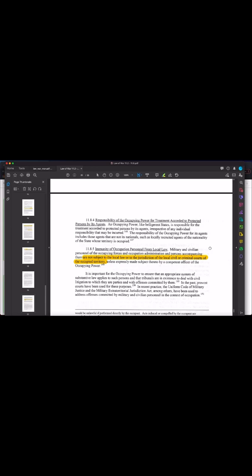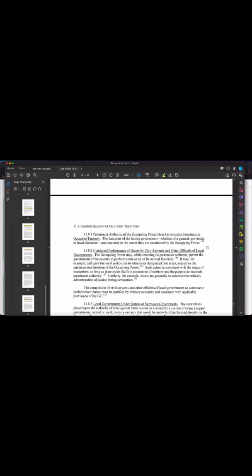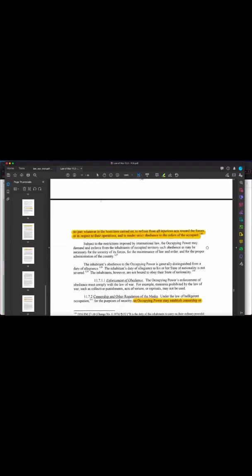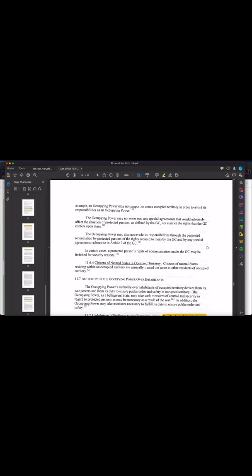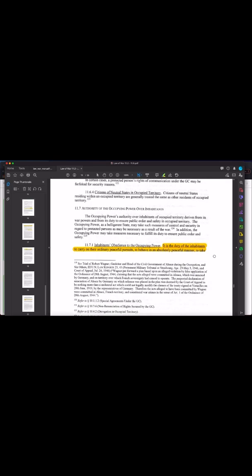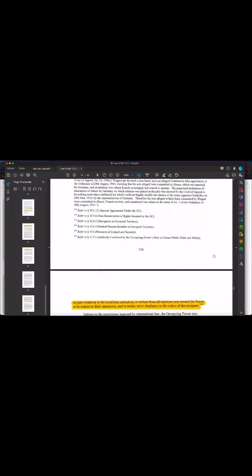Once they've established firm control and they've established occupancy and they haven't violated the laws of occupancy, that's the situation they have. Now, you know what? I'm going to go back to 11.7 before I move on to the next section. Let's see. Okay, so 11.7, this part blew my mind.